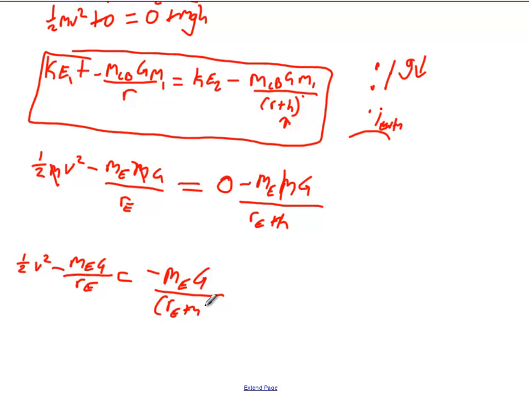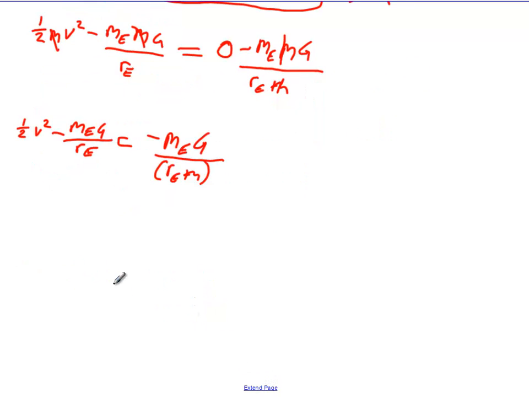Now I'm going to keep that in parentheses so you remember that you have to keep that together because it's on the bottom of the fraction. We can't just start willy-nilly doing some bad algebra with it. I don't usually solve and put in numbers until the end, but I'm going to go ahead and put in my numbers. Okay, 1/2 850 squared